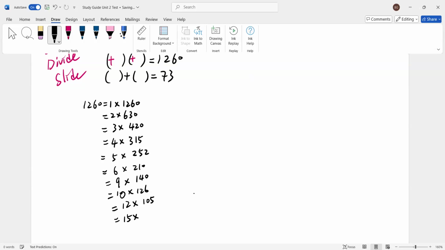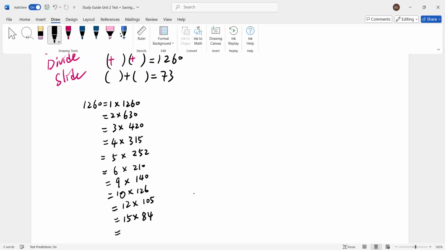Some of you probably can get it done very fast, right? I'm going to go through the procedure. You got 15 and 84. They do not add up to 73, right? And almost there. 16, no. 17, let me try. I don't think 17 works. No. 18,